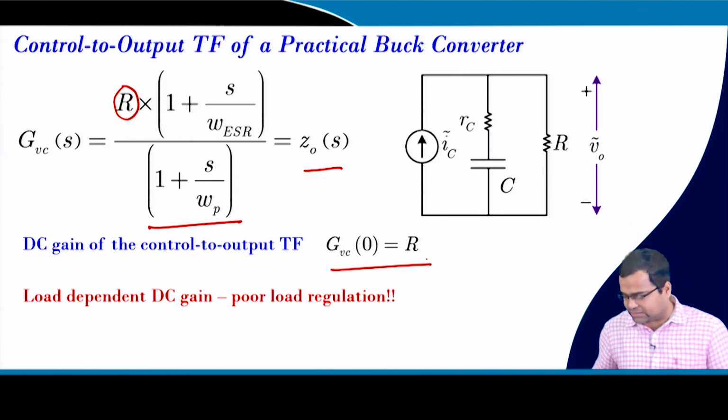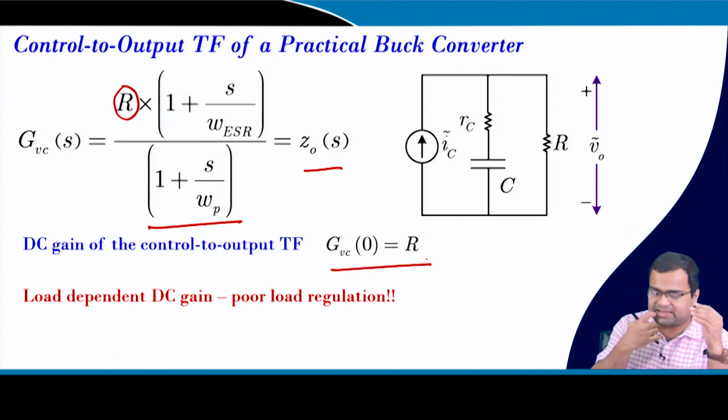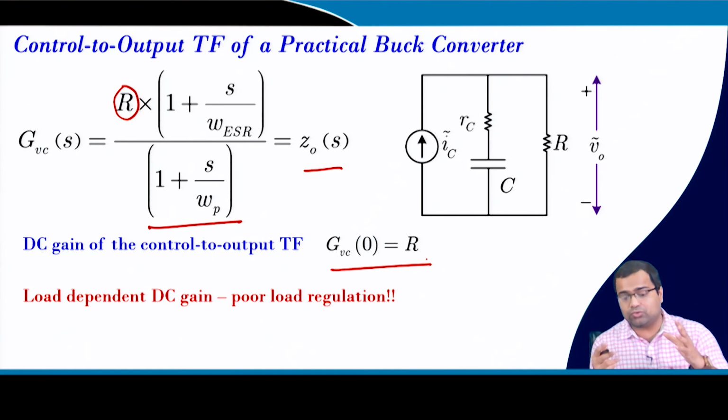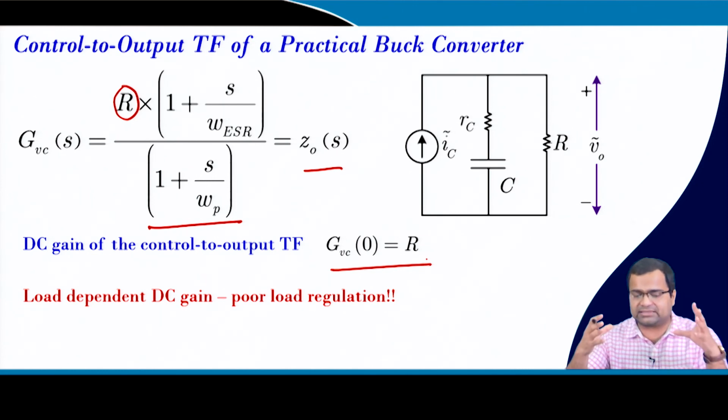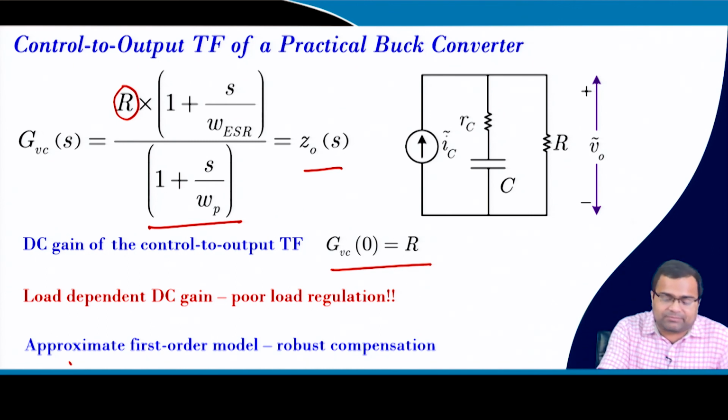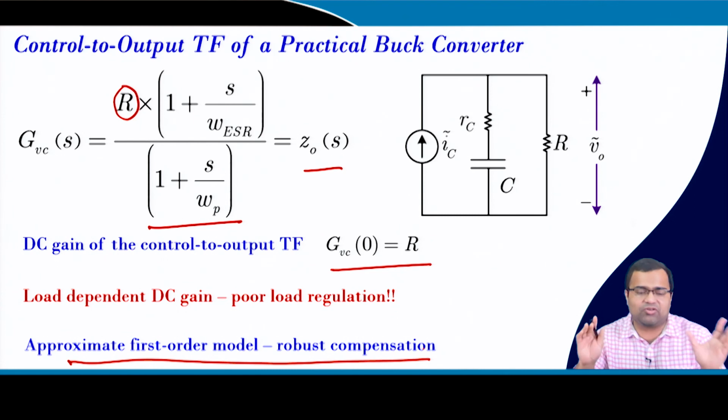So, it has a poor load regulation, and this can be anticipated. Though an integral action can be used, whenever there is a large load step transient, the response becomes very sluggish, even though you put an integral action. In order to achieve a faster transient, you may have to give a very high integral gain, but that is not desirable, because a very high integral gain sometimes may saturate your compensator error amplifier. But the approximate first order model, because there is no inductance like a double pole, is much easier to compensate. So, it is robust.